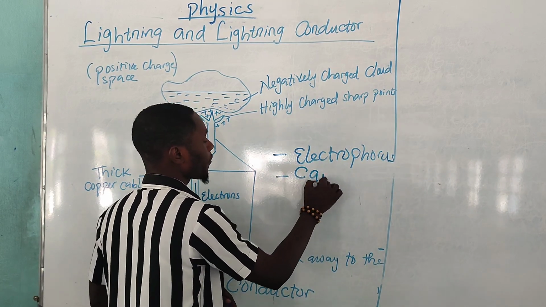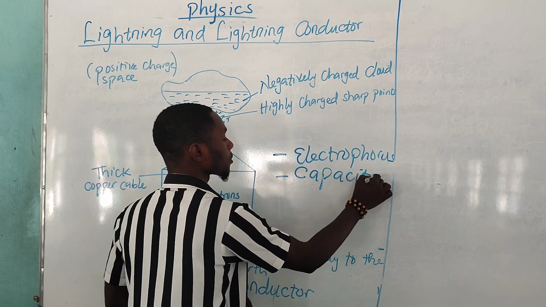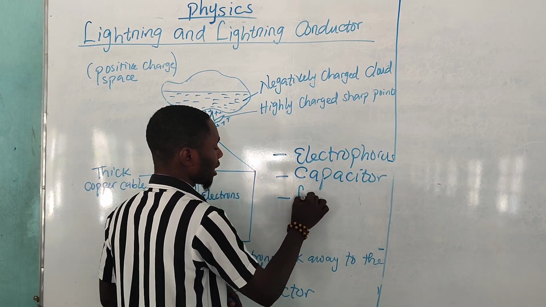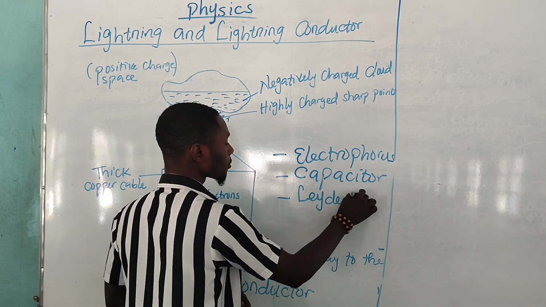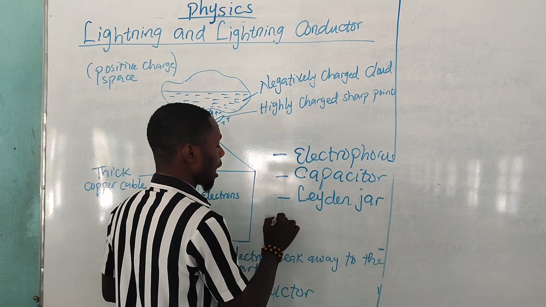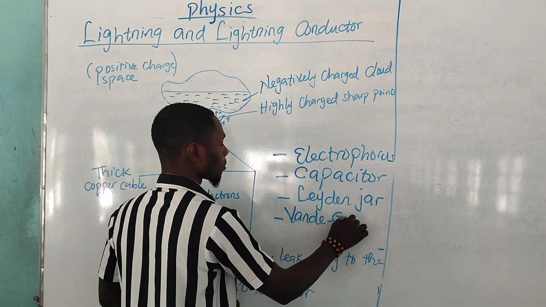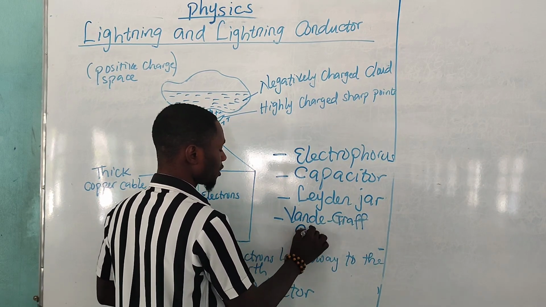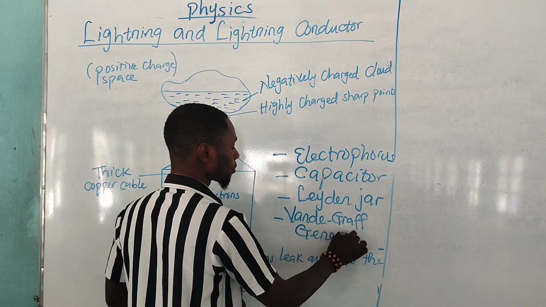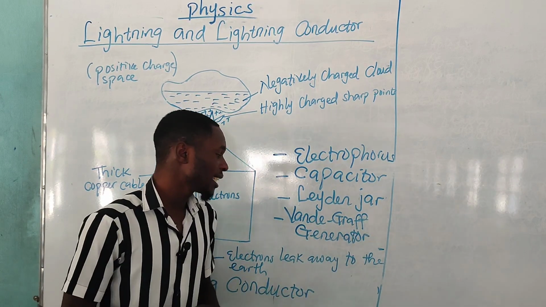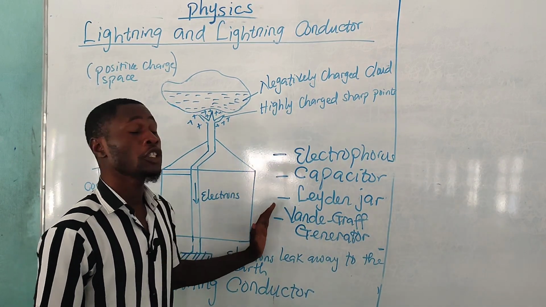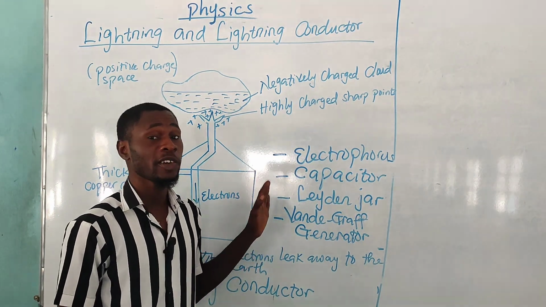We also have a capacitor, we have the Leyden jar, and we have the Van de Graaff generator. These are the 4 devices that are used for storing or transferring of